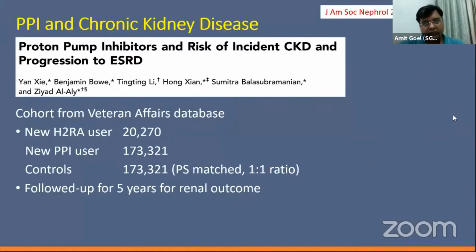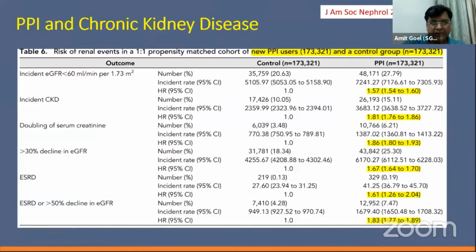So the last part is PPI and the chronic kidney disease. It was a data from cohort of Veteran Affairs database, which included 20,000 H2RA user and 1,73,000 PPI user, and propensity score match controlled of 1,73,000, and followed their renal outcome for 5 years. Very good study. It has seen the various outcomes, renal outcome in PPI user as compared to control, and found that the PPI user had